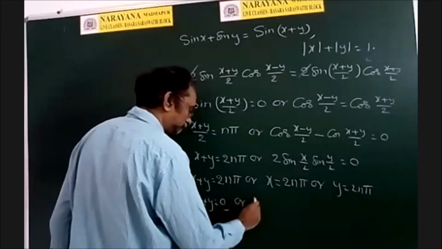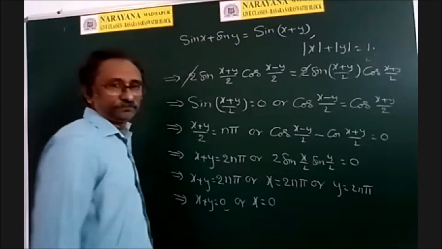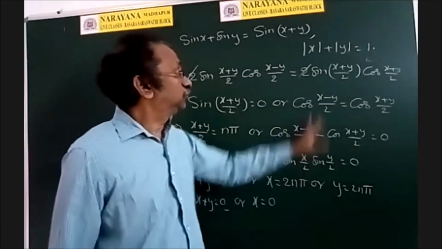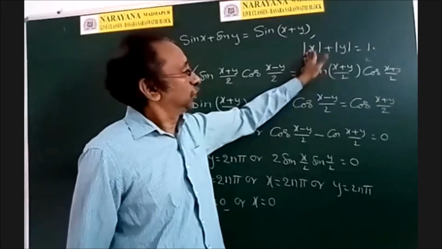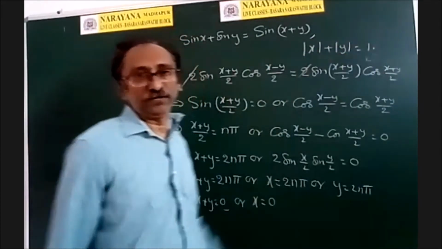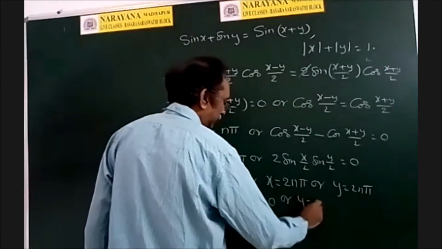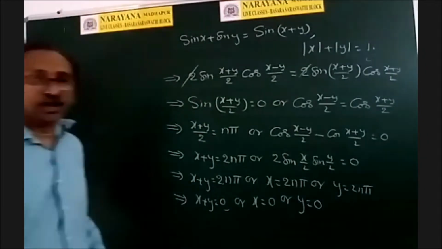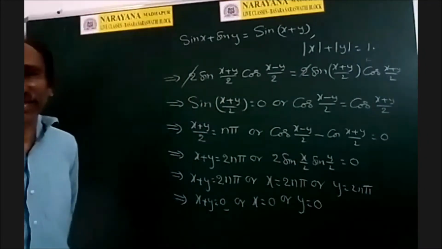Similarly here also. Put n equal to 0, you will get 0. Put n equal to 1, you will get 2 pi, which is 6 point something. If you add another positive number, then you will get greater than 6 but not 1. Therefore, x is equal to 0. Similarly, y is equal to 0. And using this and this, we will find the values of x and y.